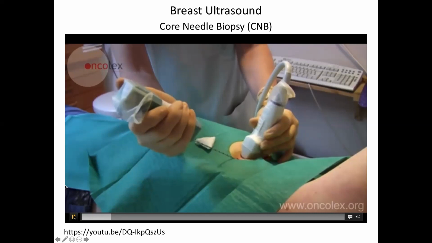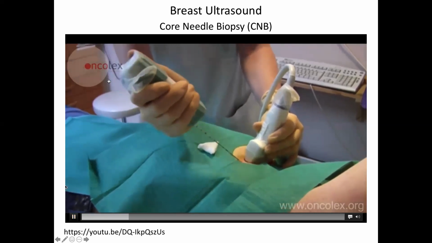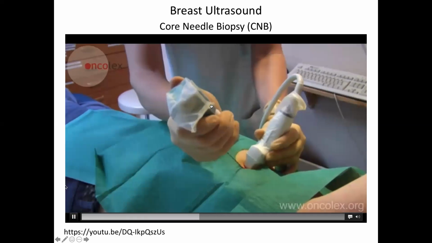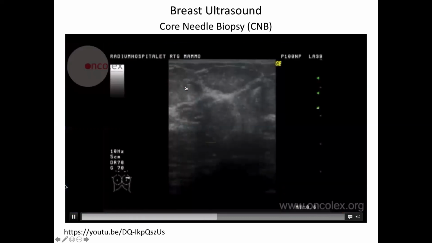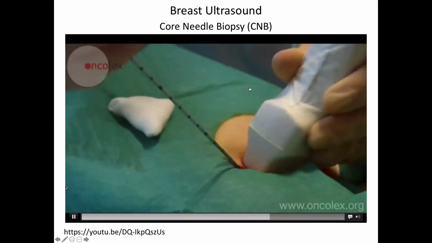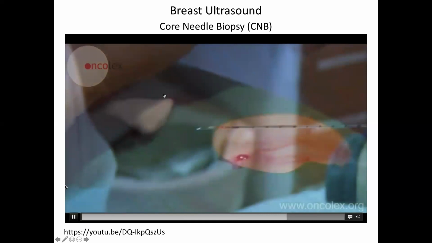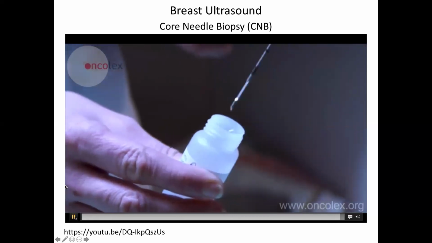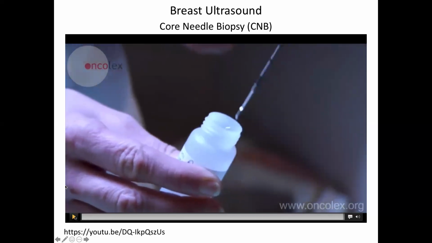And then we'll watch as she just gets herself in position. You see the needle here, right? And then this is the tumor still in the plane, and she's going to push, bunk, there it goes. She pushed that, and now she'll pull back tissue out of that tumor. So there's an amount of tissue there that goes to pathology, and you just find out what kind of cell you're dealing